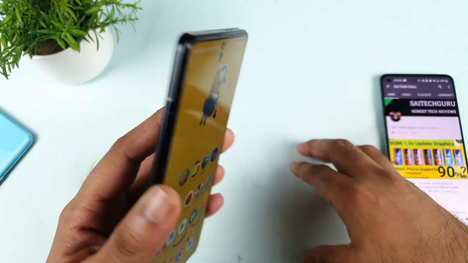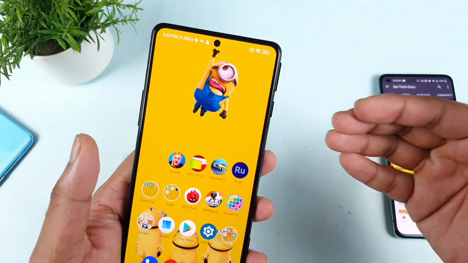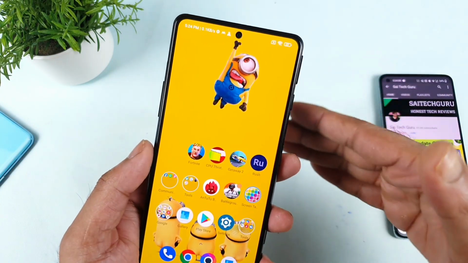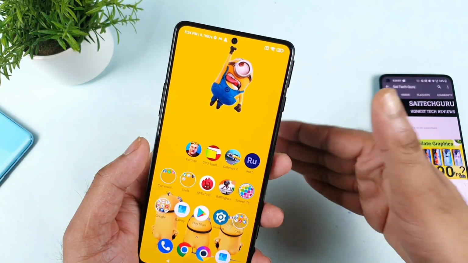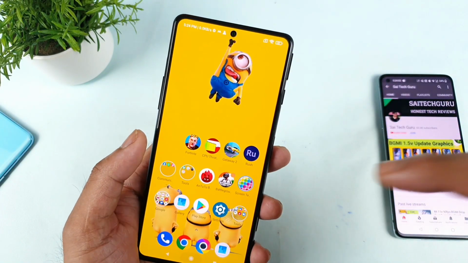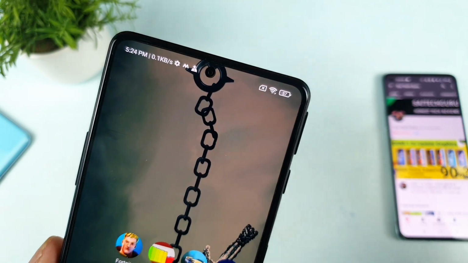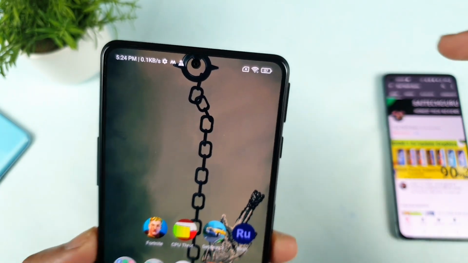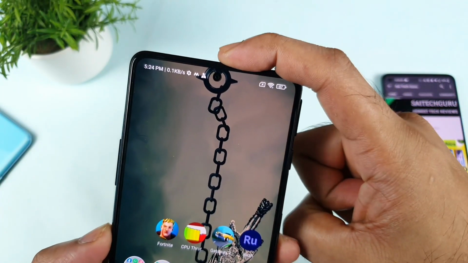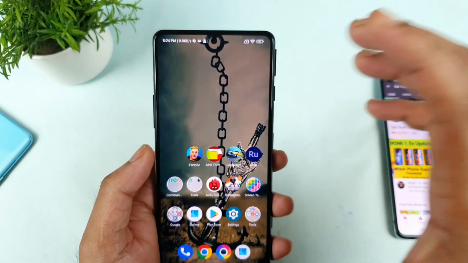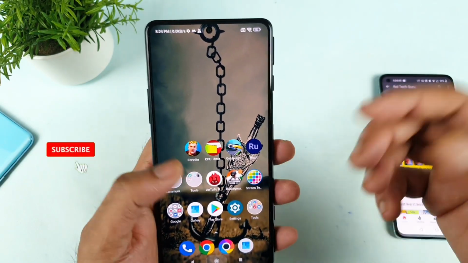So in this video, I'll try to explain, friends, what the application is and what the advantages of this application are, mainly why I'm recommending it. There are plenty of other applications available, and I'll try to do individual reviews as well, but this video is something special. The main reason we need to download this kind of application is to have this kind of integration with the front cam and the wallpaper, which looks really cool and really attractive. That is the main reason why you can install this application. So let's start with the application.